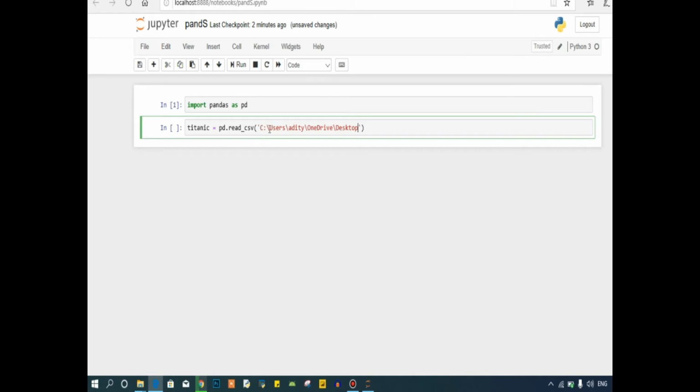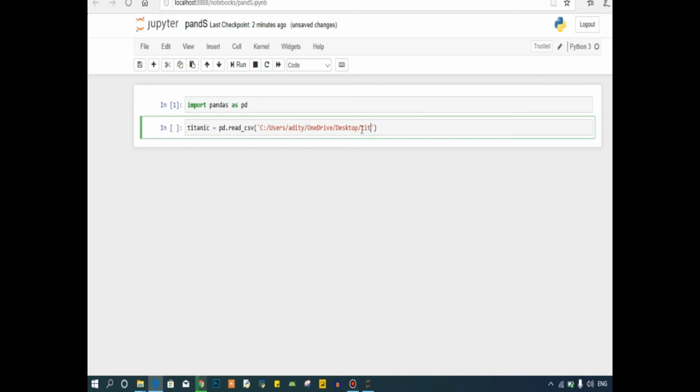So this is our file, and don't forget to change the backward slash to the forward slash. Convert all these backward slashes to forward slashes. Now here you have to give the name of your dataset.